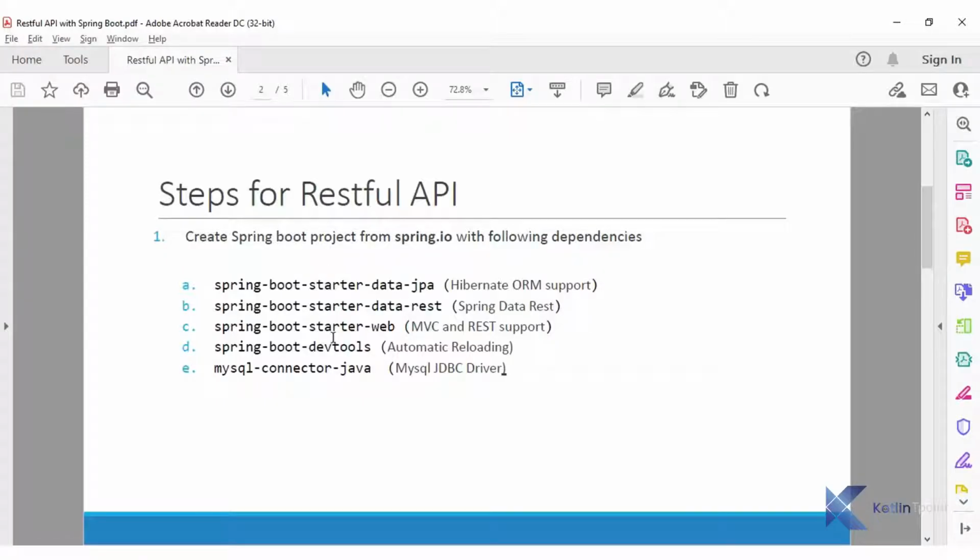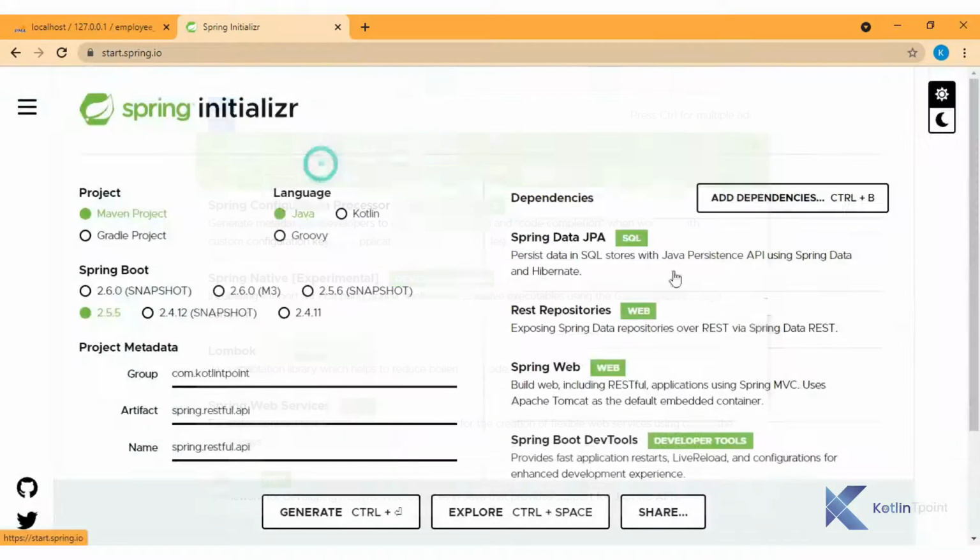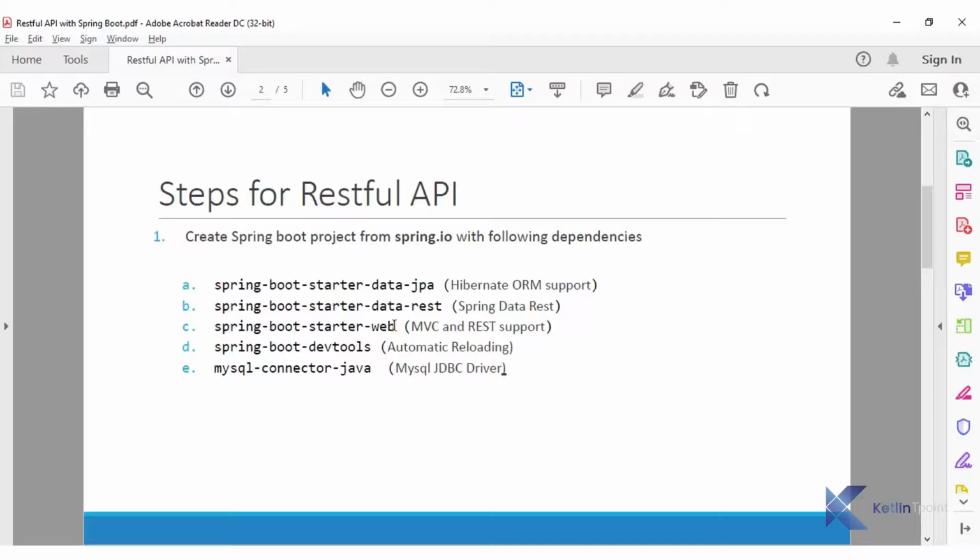Okay, 3 dependencies we have. And dev tools is another one, and we added the dev tools dependency. Dev tools basically helps with automatic reloading. That means if I make any changes in the code, it will automatically get reloaded on the server. That's why we require dev tools. And MySQL connector is the fifth one.